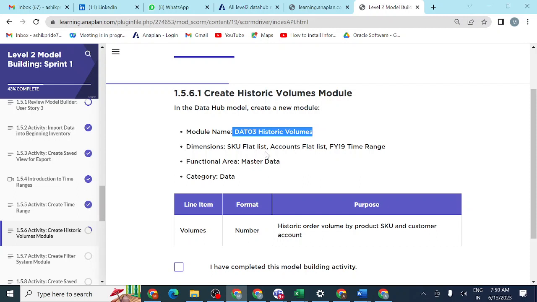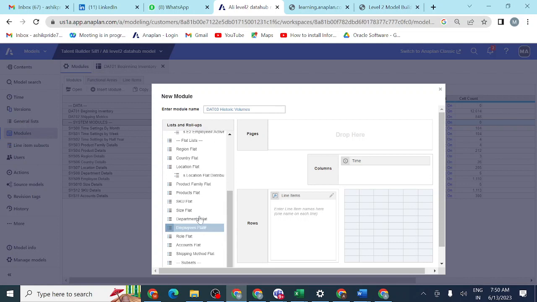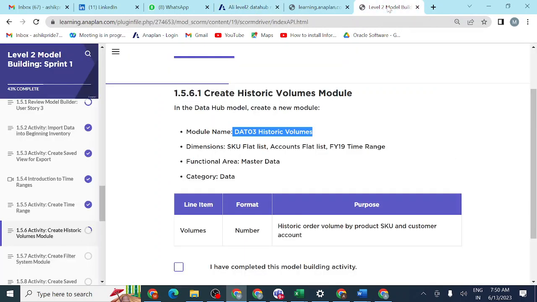For dimensions we should take the SKU flat list, and what is another dimension?